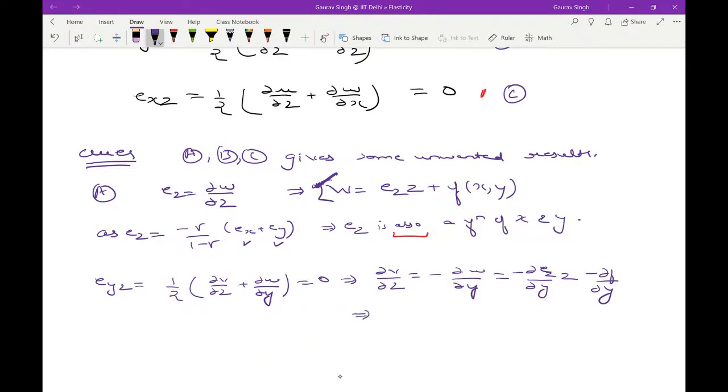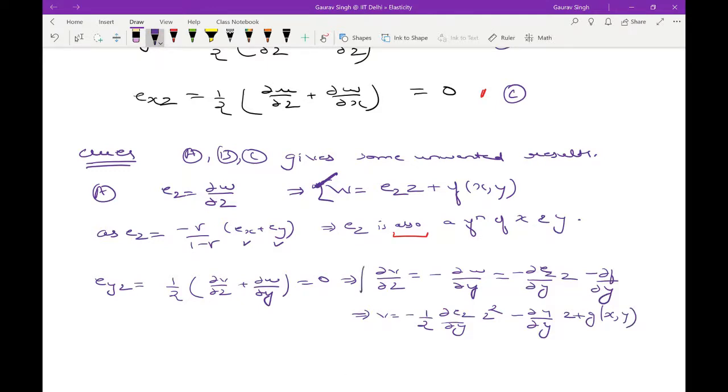This implies that v is equal to minus half of ∂εz/∂y times z squared minus ∂f/∂y times z plus some other arbitrary function of x and y when you do